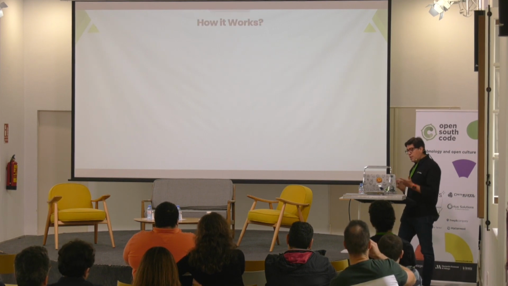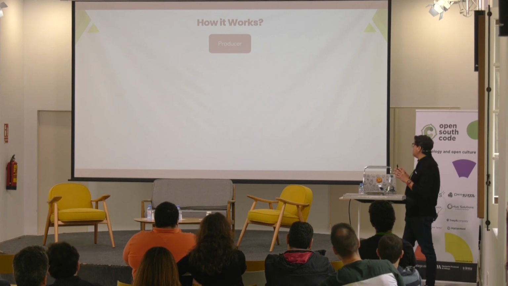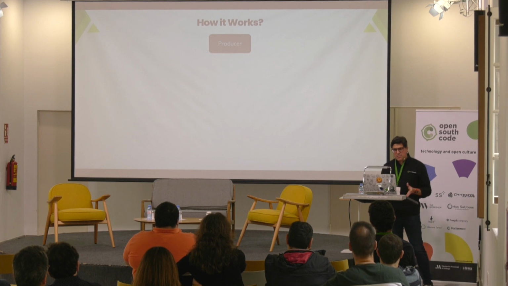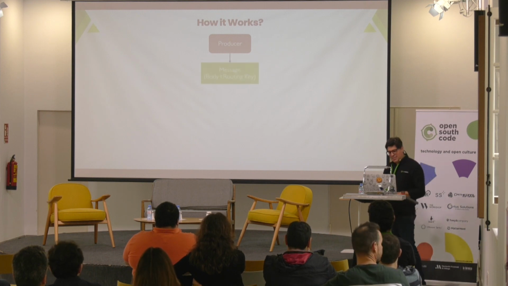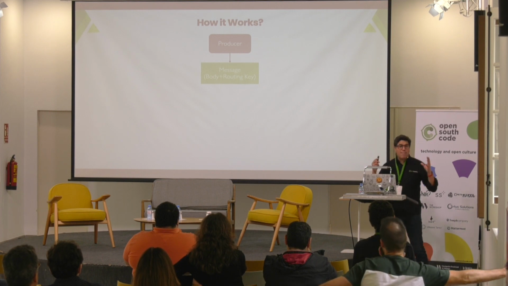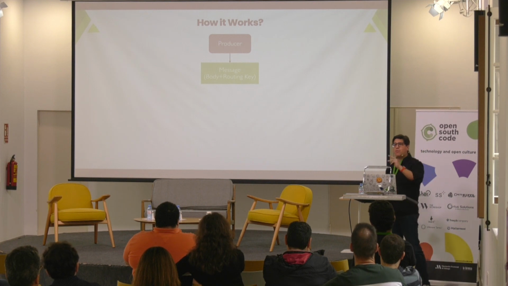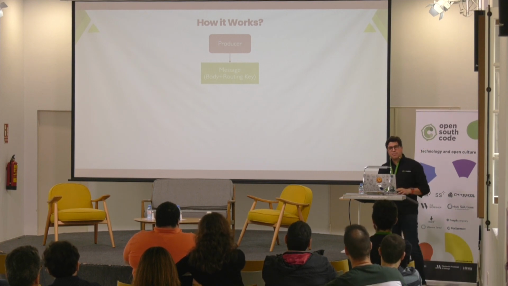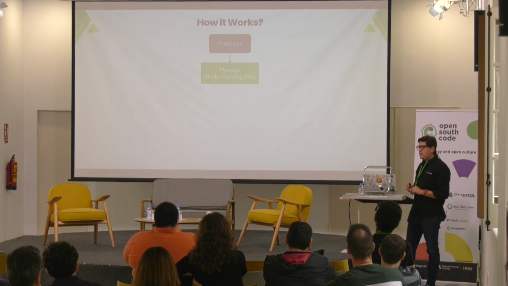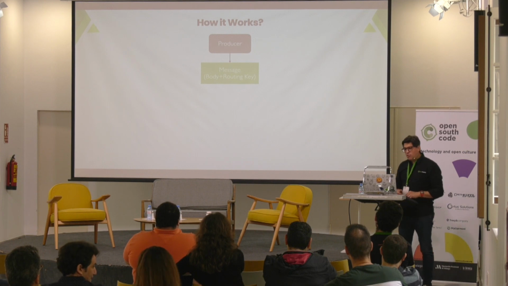Okay, so like I said, my mind works with big pictures, so when I did this, it helped me. Start off with the producer. We're going to create a message, and in this case, not only are we going to have the body of a message, which can be anything, JSON, binary, whatever, we have a routing key, okay? It can also have headers, but let's focus on the simplest approach, which is body and routing key. And then that goes